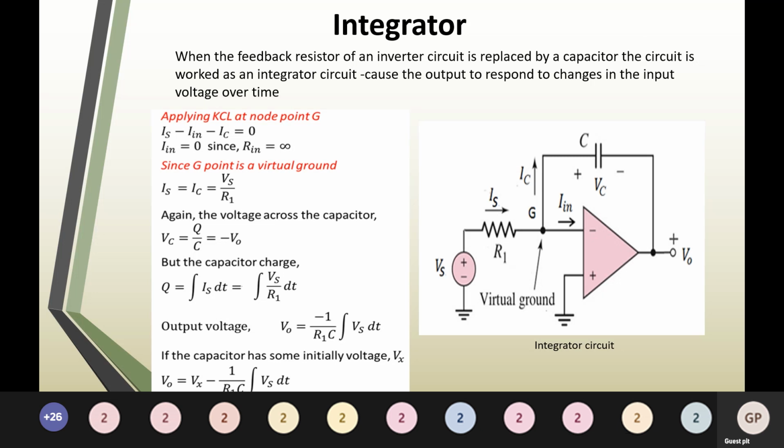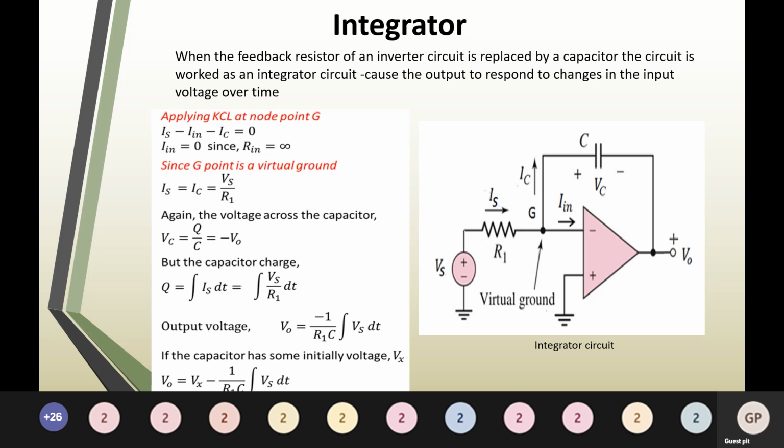It is the ratio of charge in the capacitor, so it is Q by C, right? So the voltage across the capacitor is Q by C, and the voltage across the capacitor is equivalent to the output voltage. Only thing is it is opposite in direction, is it not? Here we have shown the current flow from this side to this side, with plus and minus. At the negative potential we have marked V naught. Therefore I can say VC and V naught are opposite to each other in polarity, right? So we can write VC is equal to Q by C, which is equal to minus V naught.